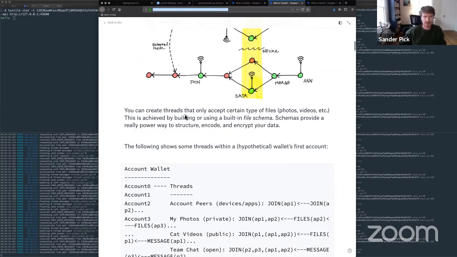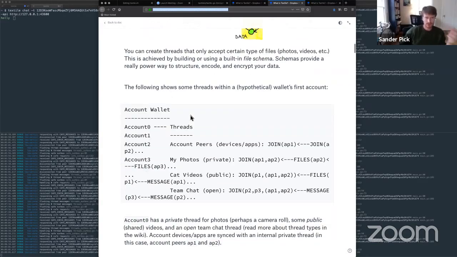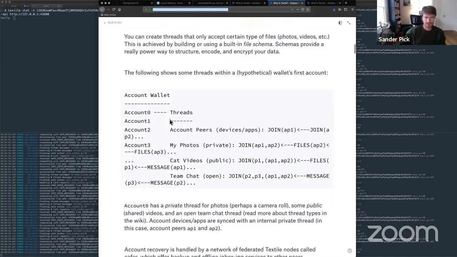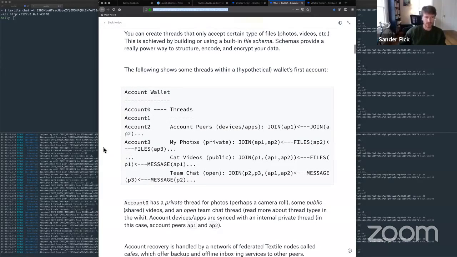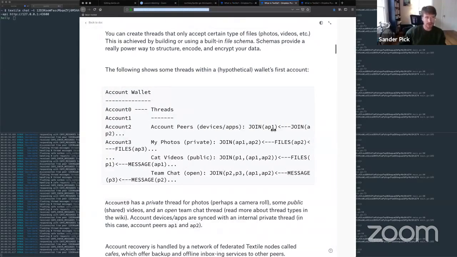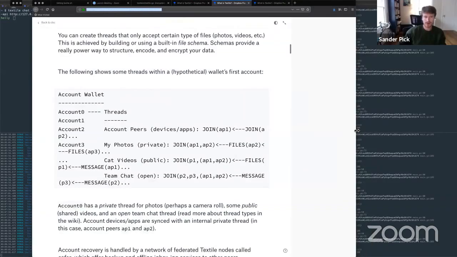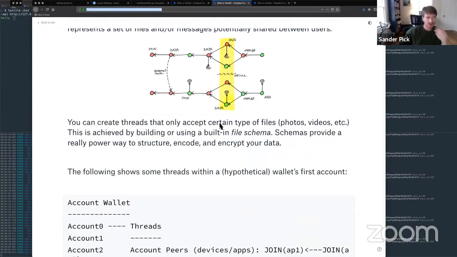And let's see here. So this is an example here. I know this looks terrible. It's blown up like this. Let's see if I can. Oh, I should have done that earlier. Okay, so